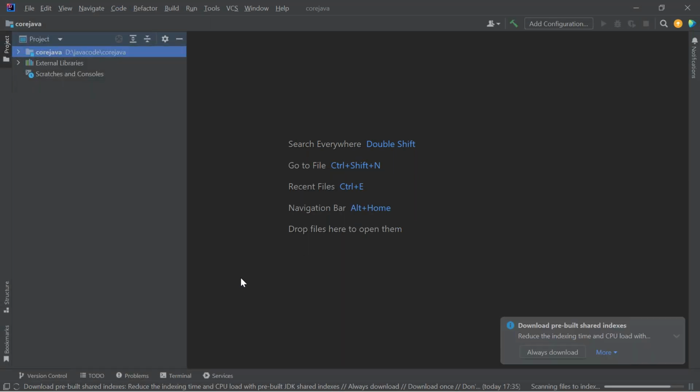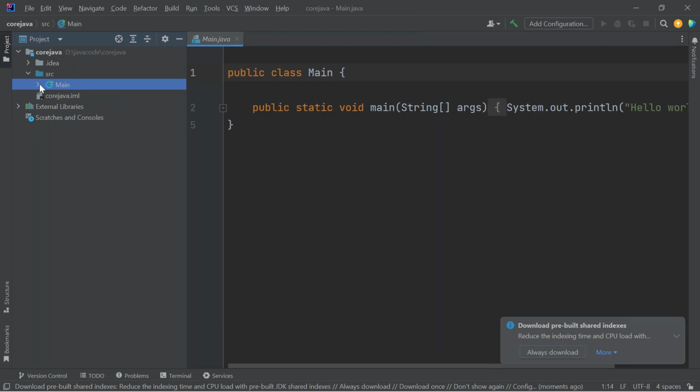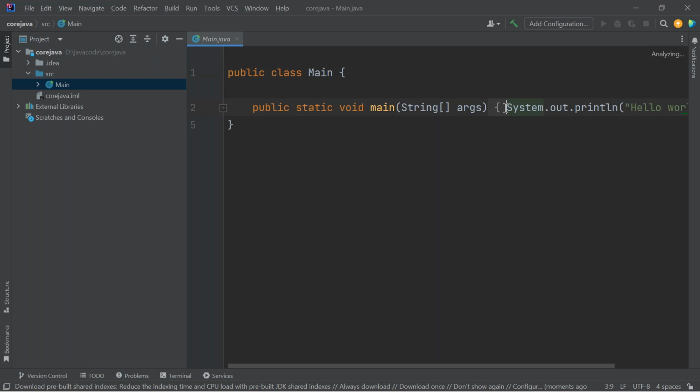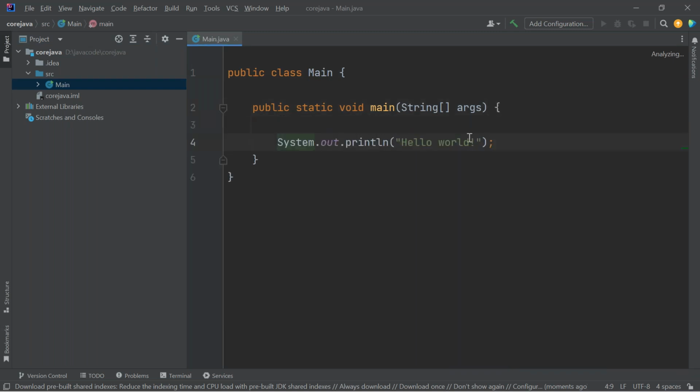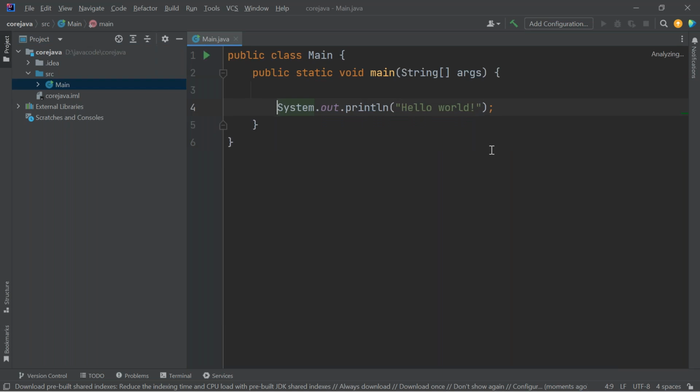So now my environment is set. I got a new project called Core Java, and inside this Core Java, this is the skeleton. I told you, right? Something will be created automatically. I didn't write any code, so I just clicked on the available button, add sample code, and it created a sample code with this information. In today's class, I'm going to just run this program.